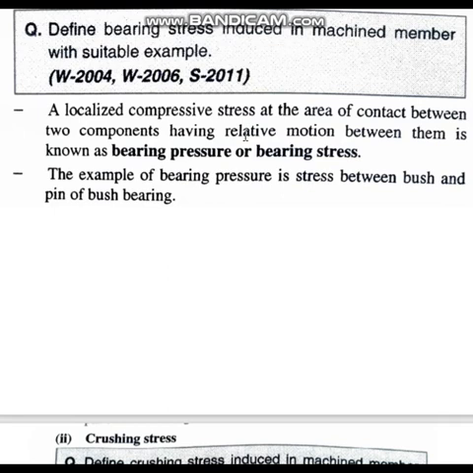Like that, wherever there is contact, if you are tightening a bolt, wherever the bolt or the washer is touching the surface, there only the stress is experienced. Such a stress is called localized stress. If it is there in the entire body, like in the case of tensile stress, it is called body stress. Okay, we'll discuss in the next